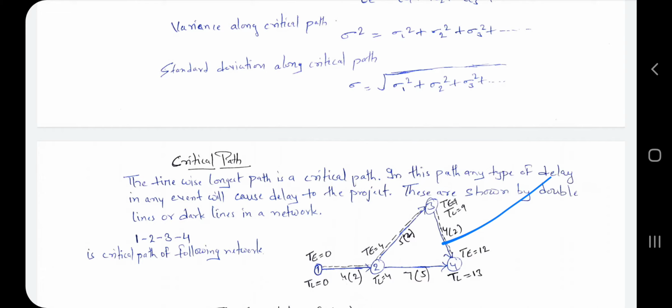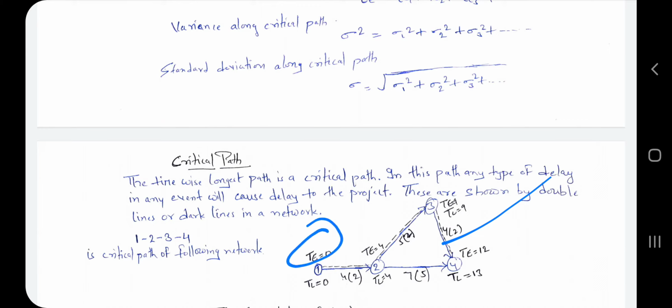In this manner you have to show the critical path. Here we have events 1, 2, 3 and 4. You have to reach up to 4. So the paths are 1, 2, 4 and 1, 2, 3, 4. For that you have to find the maximum or longest path for reaching 4. Here 1, 2, 3, 4 is the critical path because this is the longest path. How do you find the longest path? If your expected time is greater, then that path is the critical path.